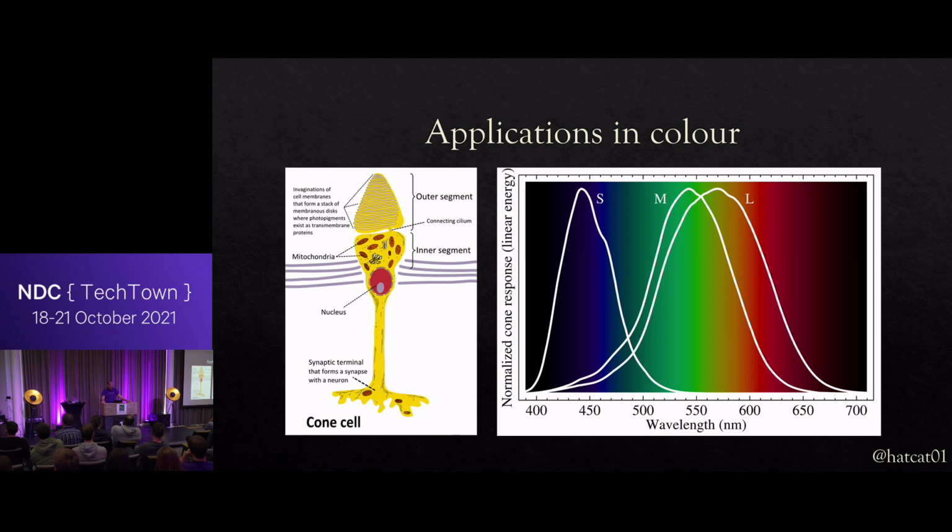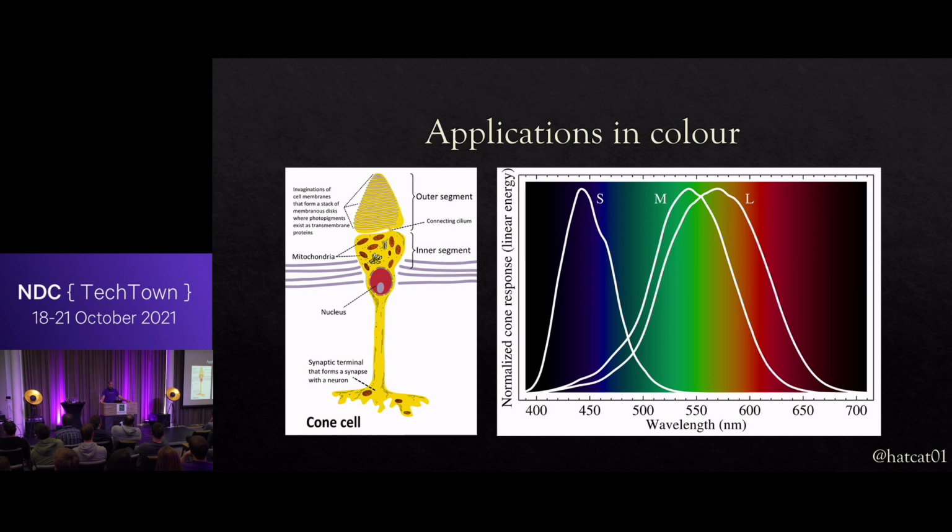As you can see from the picture, the S cones respond to shorter wavelengths, peaking at about 420 nanometers, and there are fewest of them. They make up about 2% of the cones in the human eye. The M cones make up about a third, peaking at 530 nanometers. And the L cones make up the majority. They peak at the longer wavelength of 580 nanometers. You can see that red, green, and blue are the primary colors here.